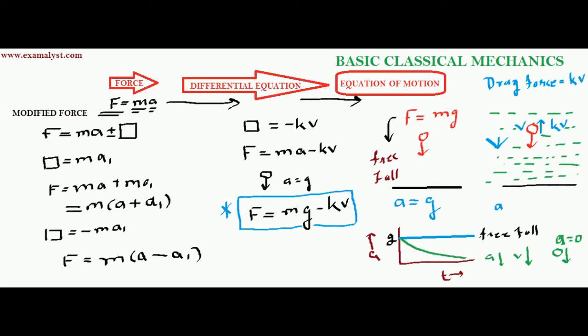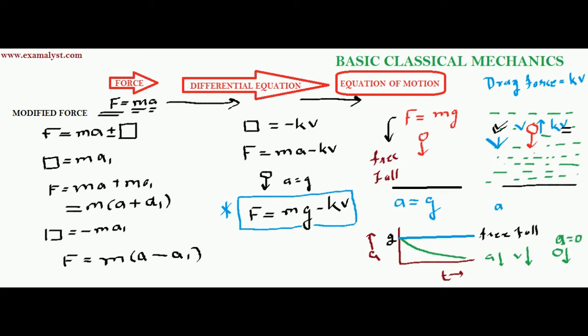So what is the work of drag force? The work of drag force is to lower the acceleration. And how does the drag force work? Drag force is maximum when the velocity is maximum, and drag force is minimum when the velocity is minimum. So when you drop the ball at the top, about at these points, the velocity of the ball is maximum, hence drag force is maximum.